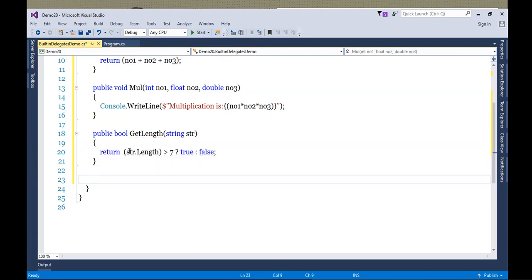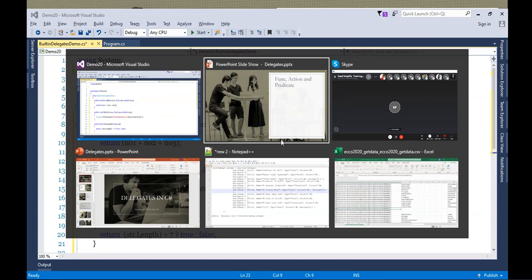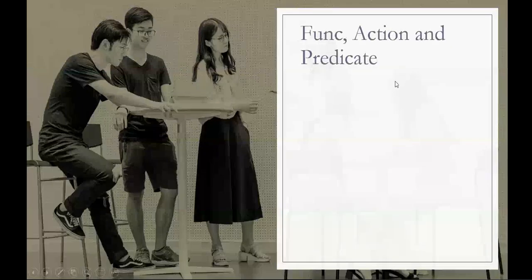Okay. Now see, here we are going to use built-in delegates. And what are those delegates? Func, Action, and Predicate.